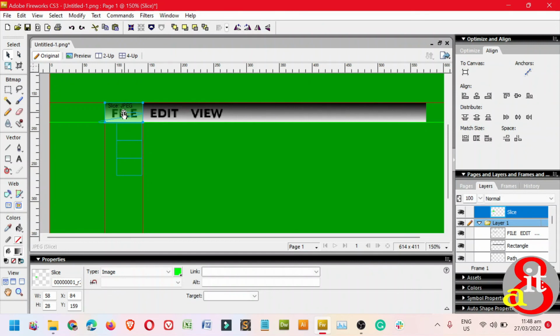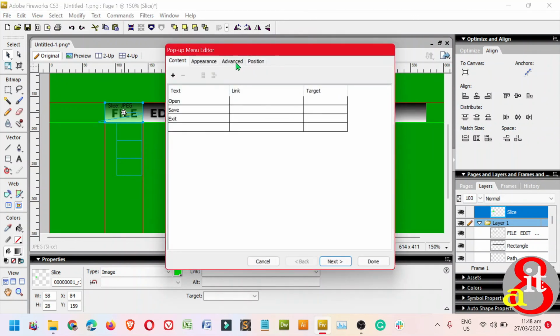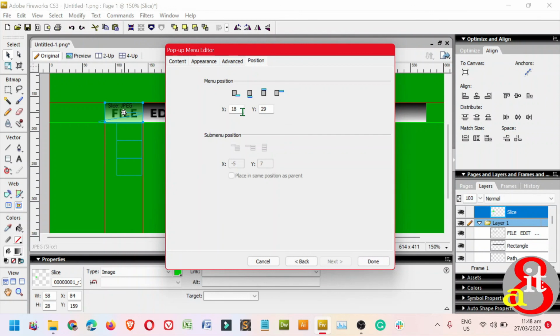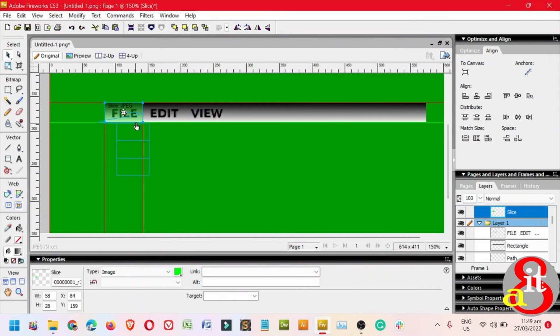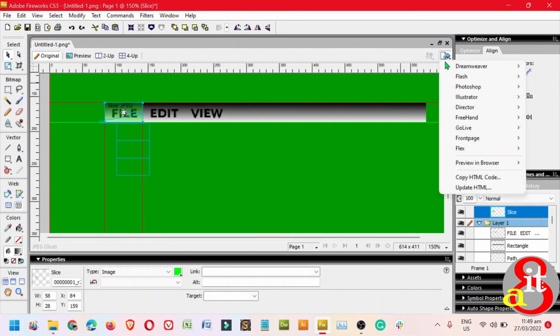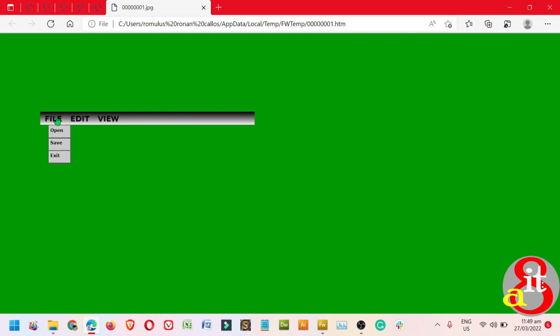So if you want to change again, so click edit, and then go back to the position. So this one is okay, and then click the advance again. So from 35 for the cell width, we change it to 50, and the height is still 25, and then click the done. So as you notice, it changes the imagery. Okay, so let's now try to preview it on the browser to check the possible output. So this is the output. Next, close, and then